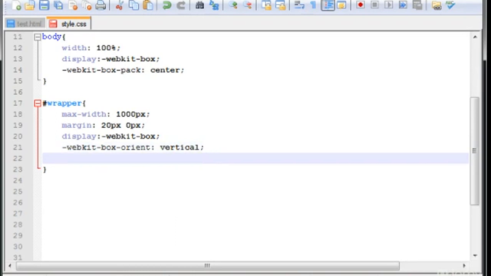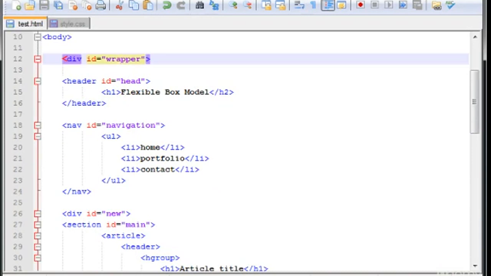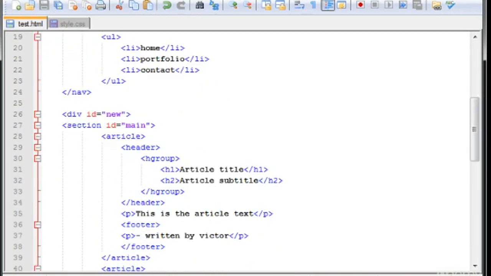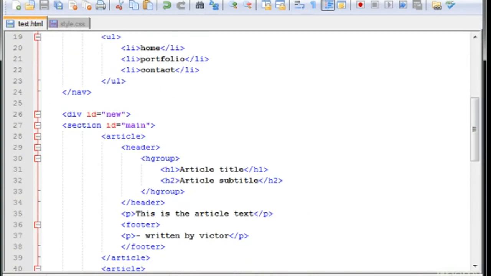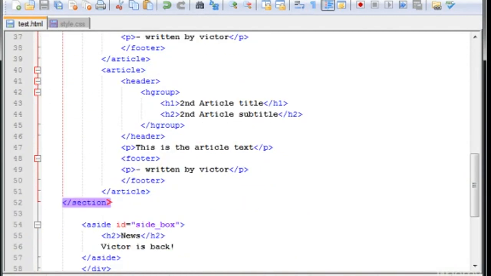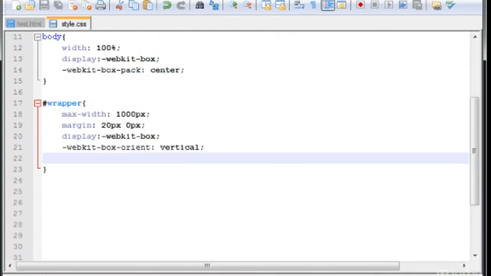Okay. Remember that the wrapper is in here, and what it has inside it is the header, the nav, and it has also the section here, okay, and the aside as well. So let's save this. Let's type vertical there, and here I'm going to type WebKit box,